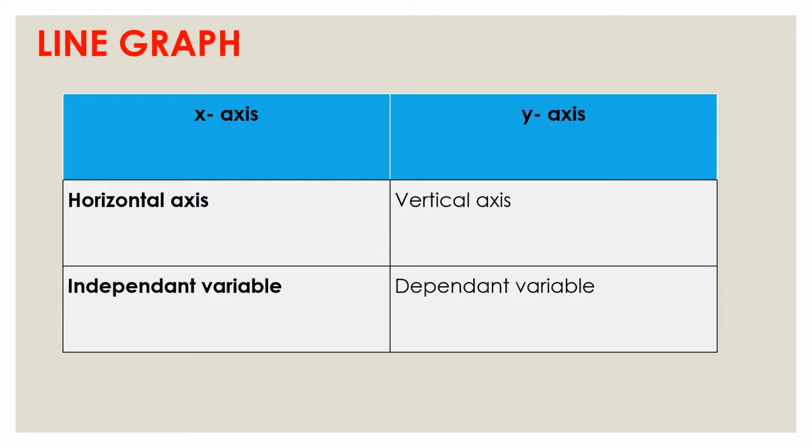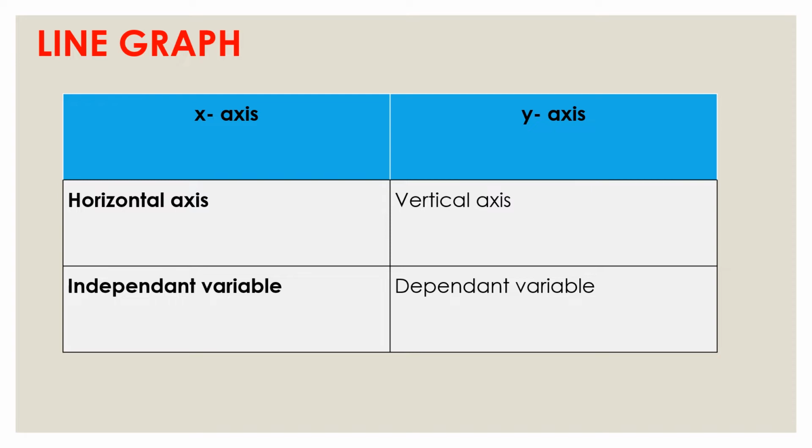So what is a dependent and independent variable? Independent simply means that it doesn't require the input of the other variable in order for it to progress. A dependent variable, however, depends on the independent variable. For instance, time doesn't depend on any other variable. Time is independent. It goes on its own. However, temperature is dependent on the time. Temperature can vary according to the different times. So temperature can go on the y-axis while time can go on the x-axis.